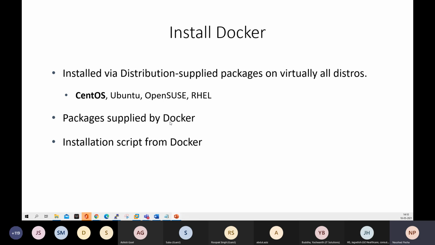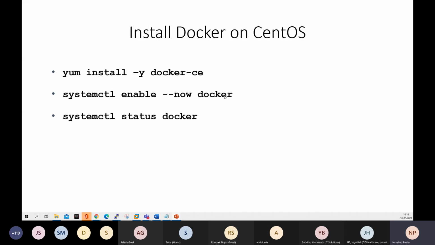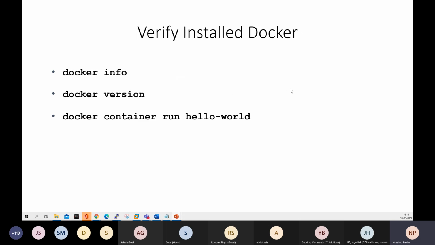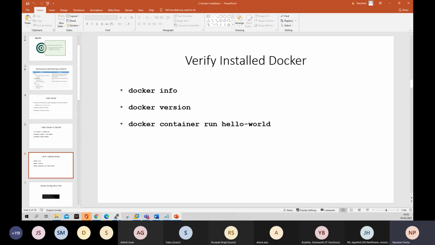I demonstrated using the packages supplied by Docker. We installed Docker Community Edition. There are also scripts available; running those scripts will install Docker automatically. We installed Docker, enabled and started it. We did not go into more details after the installation of Docker. If you want to know more